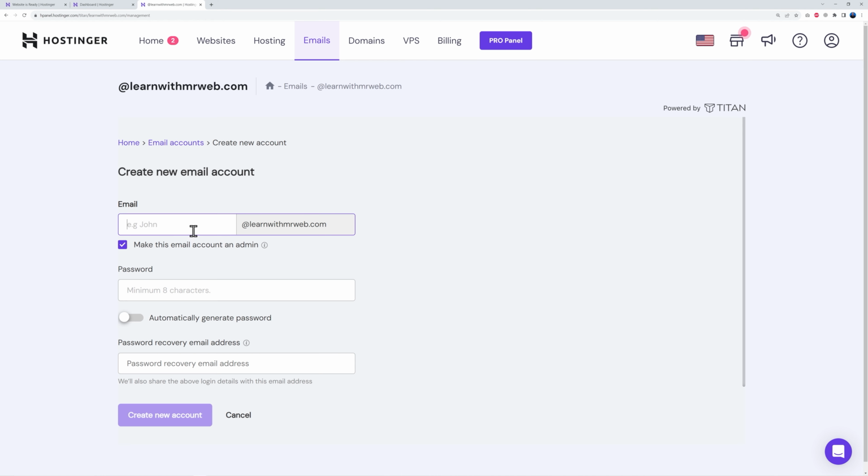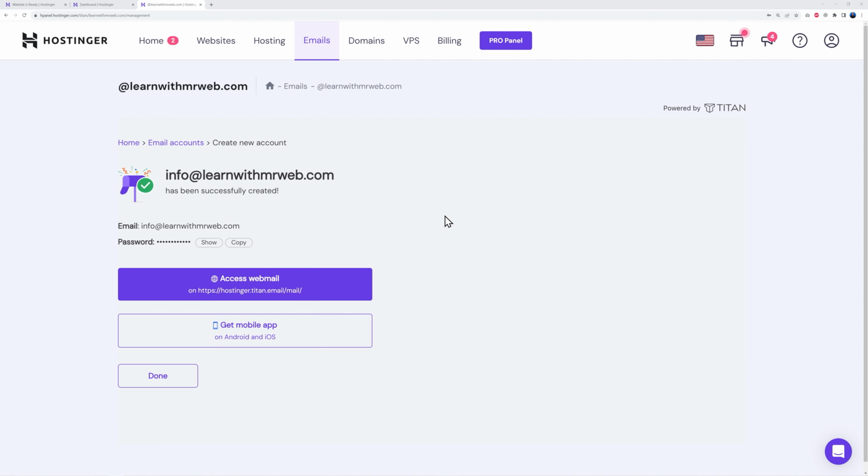So let's create our email address. So maybe info@. You're going to enter your password and then a recovery email just in case. I'm just going to put hello@mrweb.tv. Okay. And now we're going to create our new account. And there you go. As you can see, we have a new email address now and you can access it